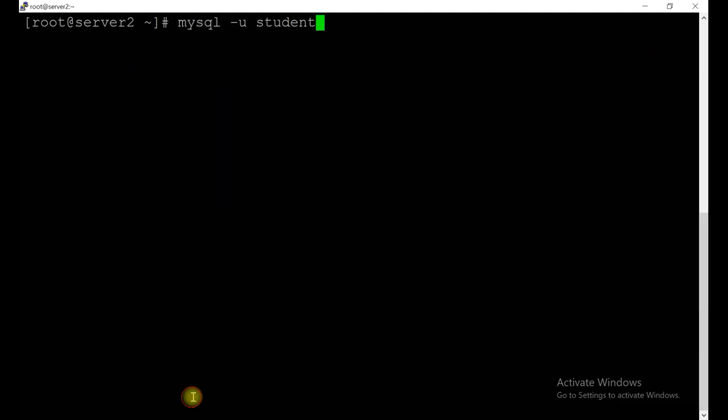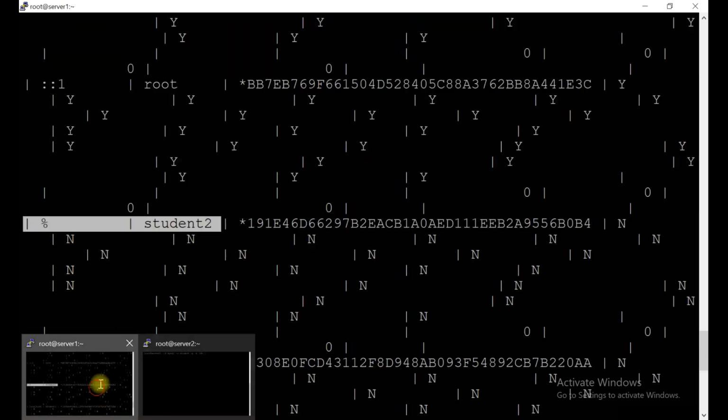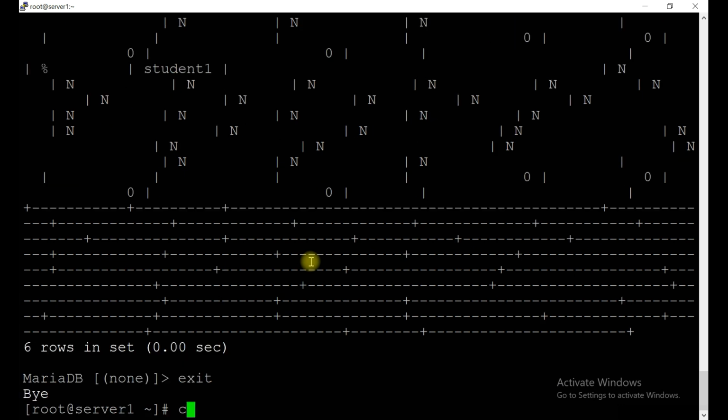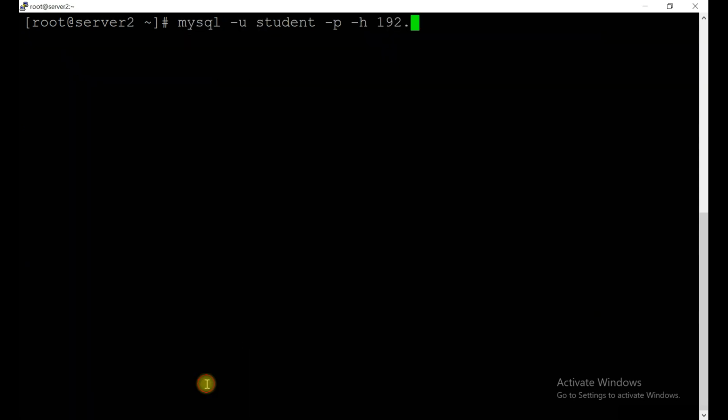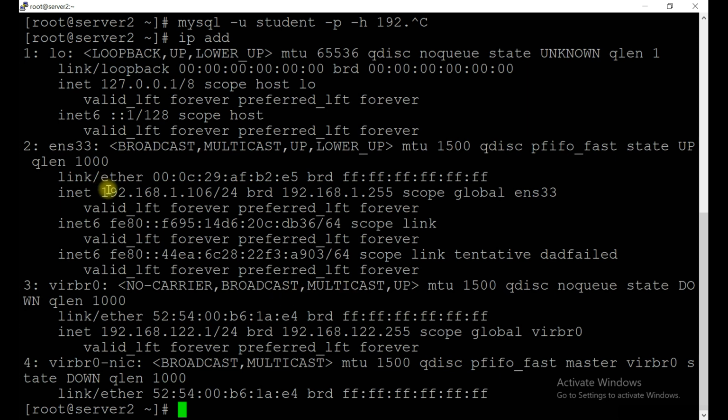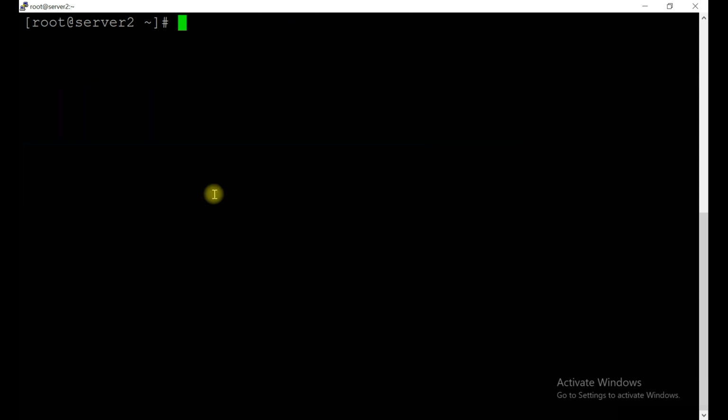So this is the second user we are going to log in with remotely. -p means password, and -h is for the remote host name. The IP address of this one is 192.168.1.105, and for this host the IP address is 192.168.1.106.